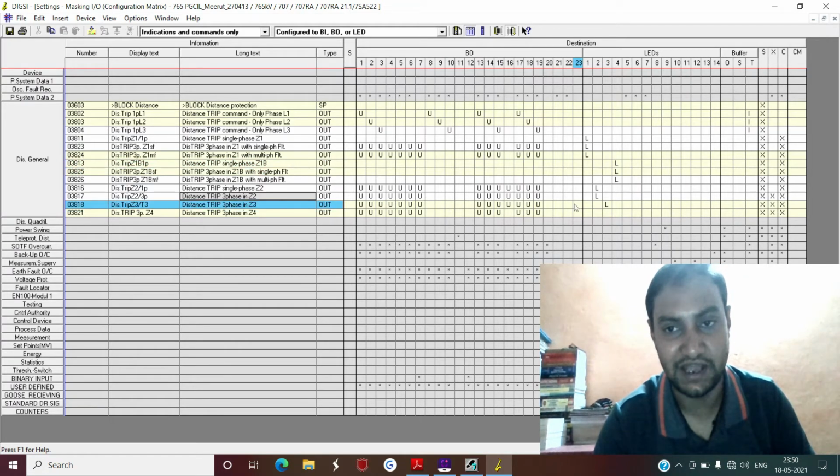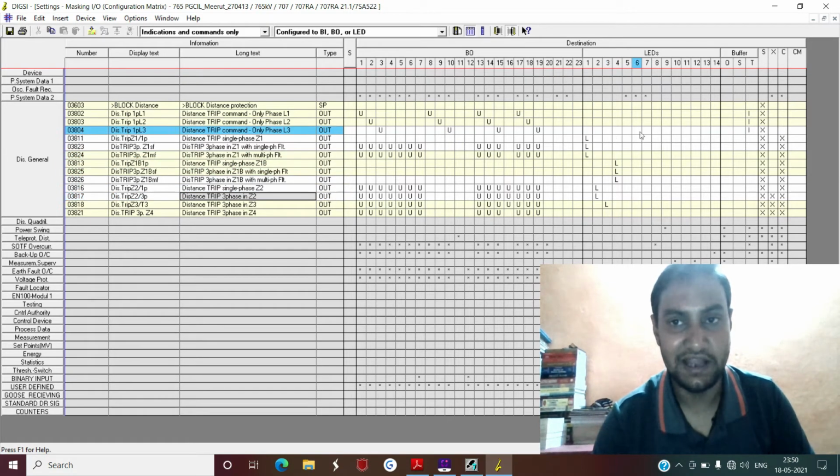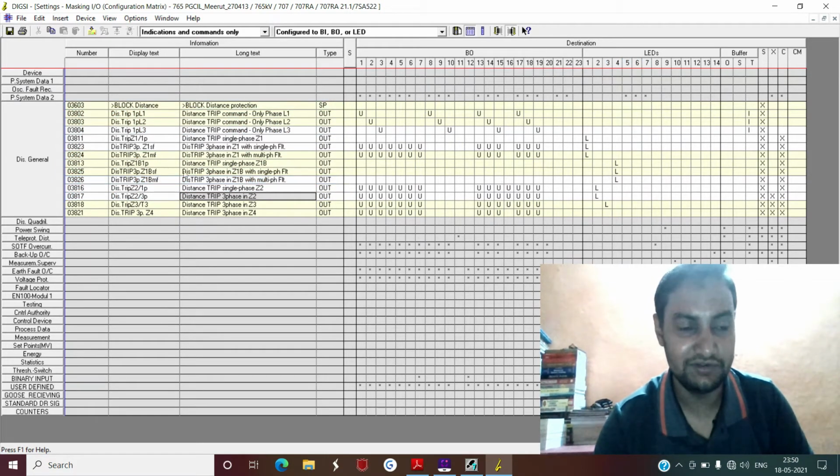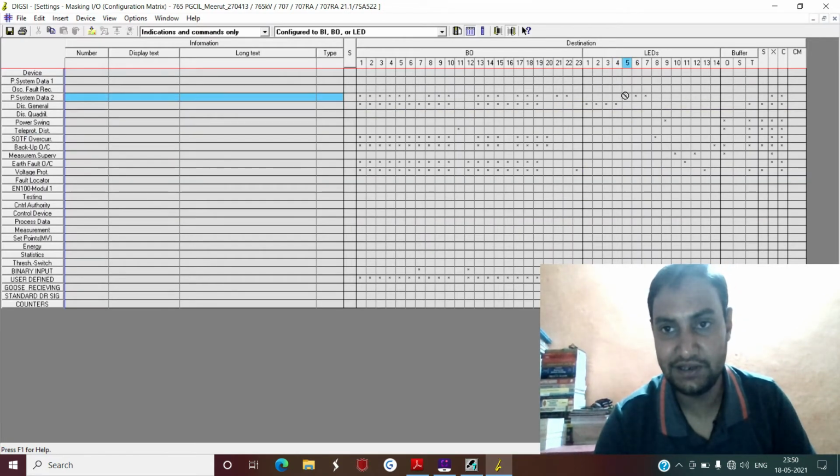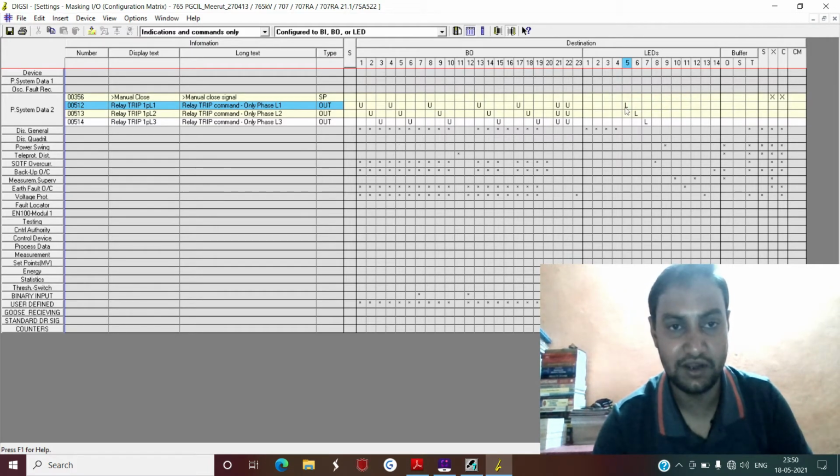So in case any of these signals is high, this LED will be in the latch state. Likewise, you configure all other LEDs. How can we see this generally? Just double click this, it will be minimized. Right click on any of these gray windows where you want to see, just expand. And now if you see here, basically this is what this is.